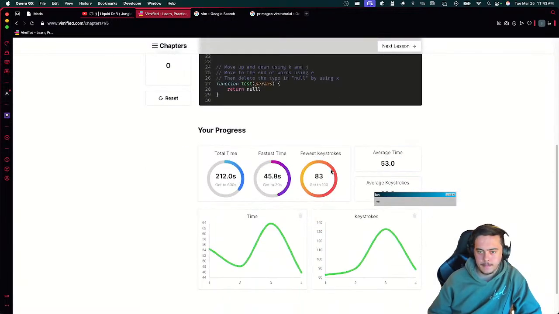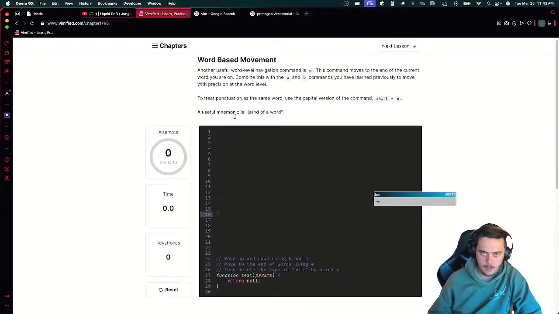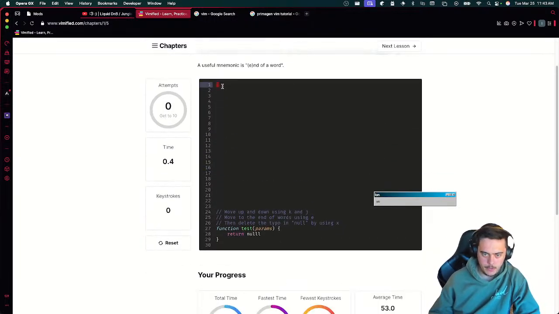Let's view that progress on that. All right, so we already have the fewest keystrokes. We're already learning the actual motions, but we're doing things slow. Let's try this one more time. From the top, make it drop.